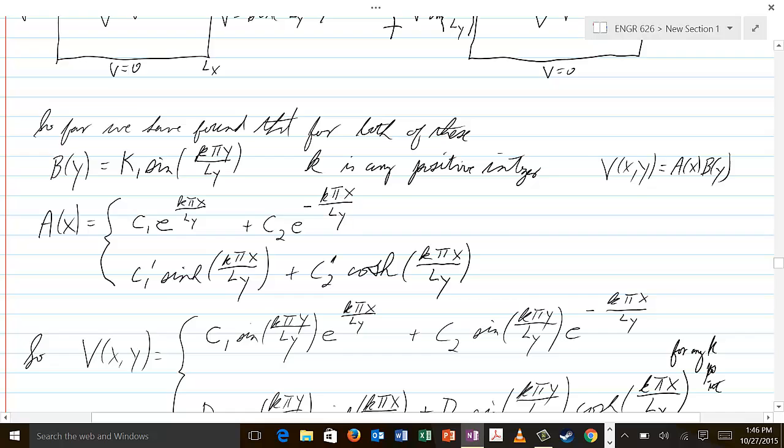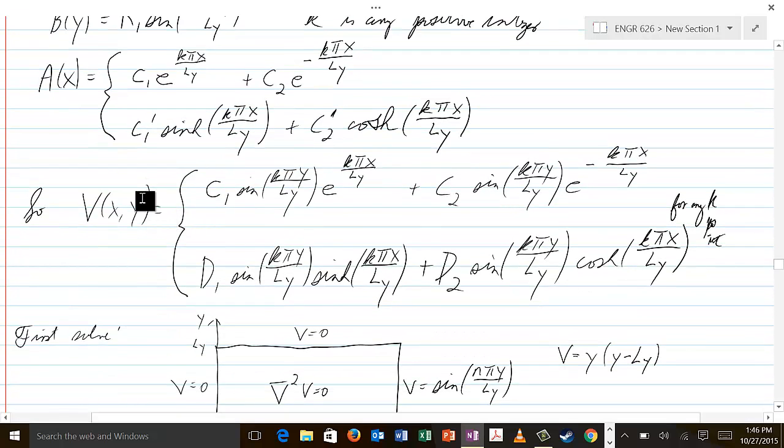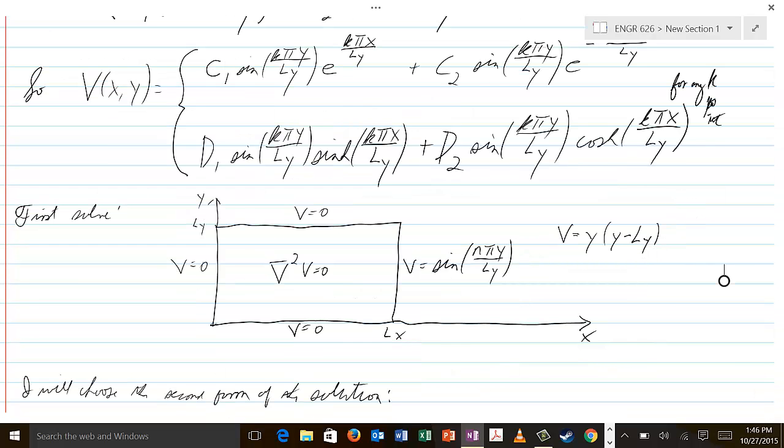And remember that V is equal to A times B. So if we use the upper expression for A, we get a solution of this form. If we use the lower expression for A, we get a solution of this form. And now to finally wrap this up and find out what k and what the C's and or the D's are,